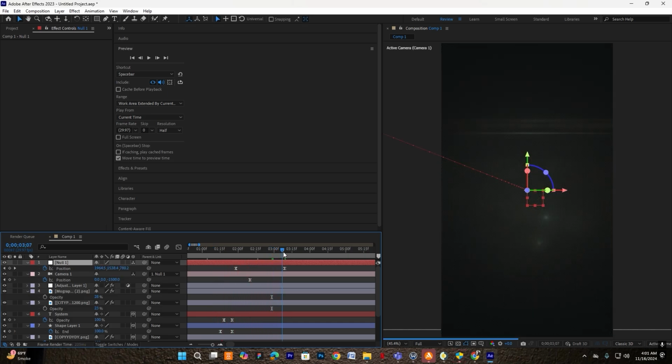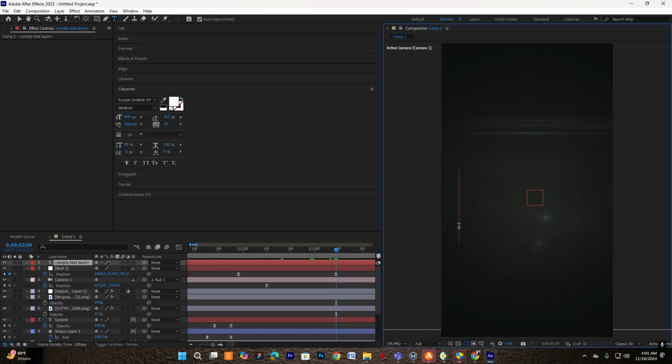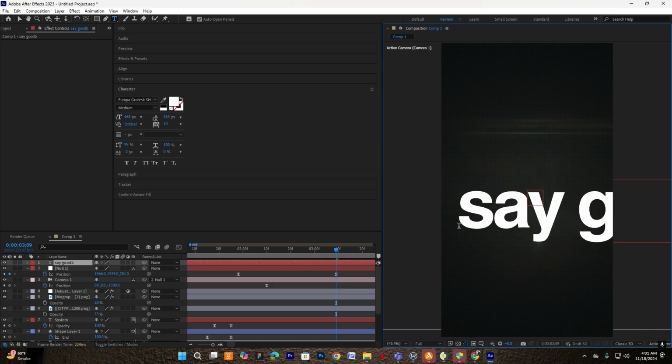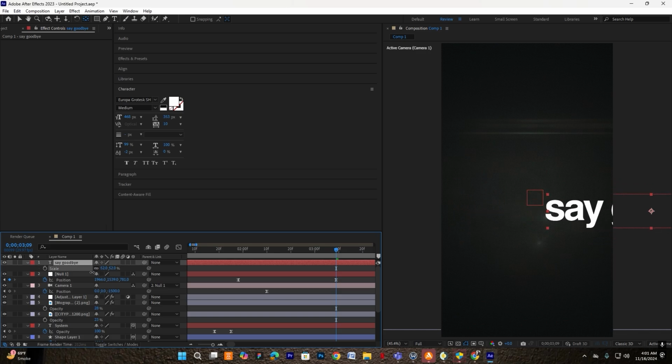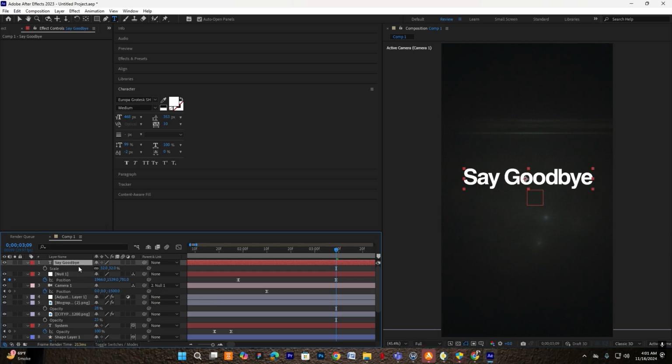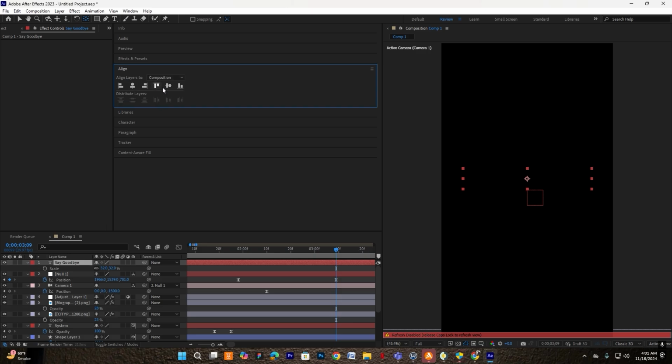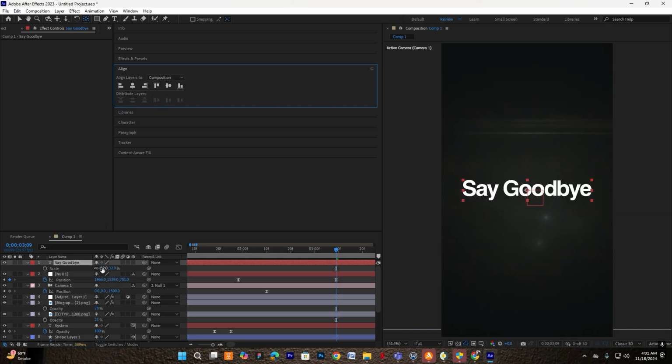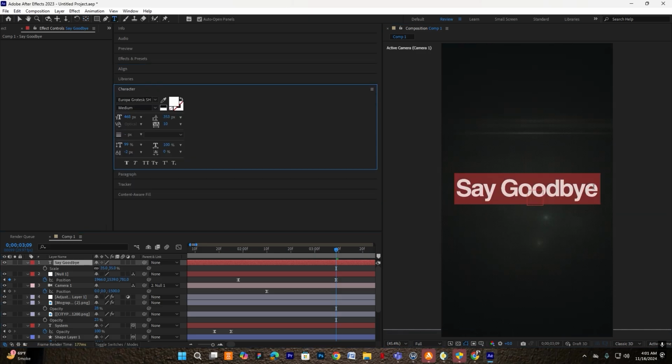Okay, so now we'll add our text so we can understand better how the animation is working. So the text will say goodbye. Scale it down. Control Home. And we will make this gap like this. Scale it up. And we'll add